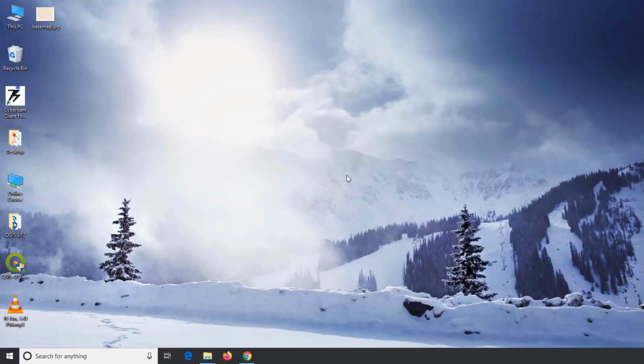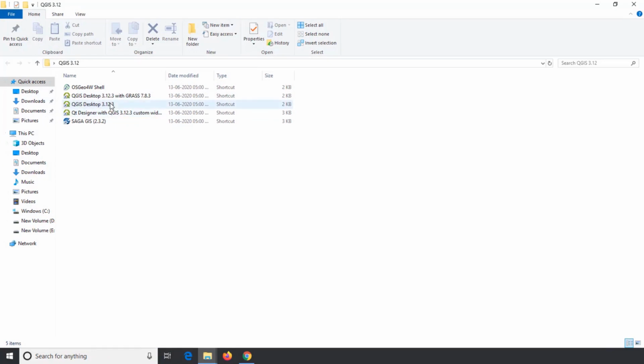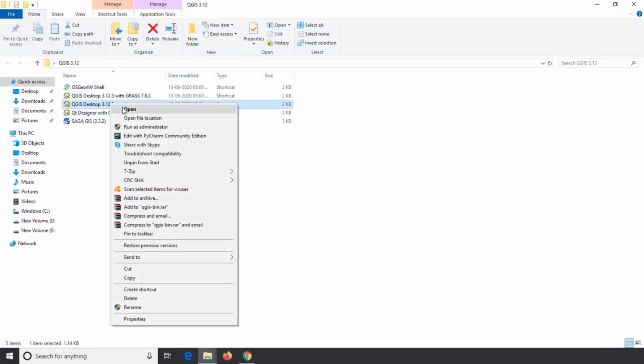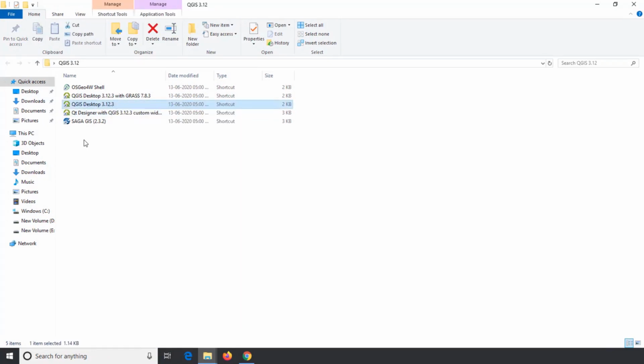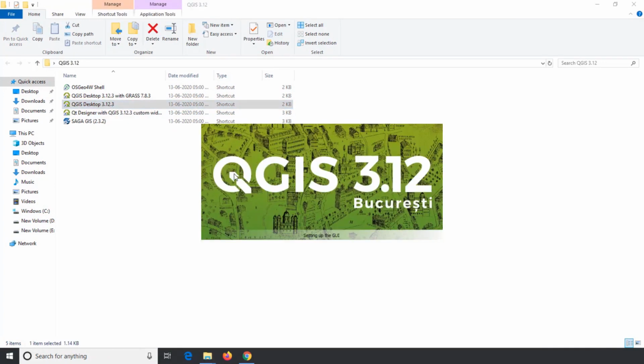In this video, we are going to learn how to open the downloaded data in QGIS and how to visualize it. To perform this activity, I first open the QGIS desktop shortcut, which was created at the time of installation on my desktop, or I can open it from the Start Program of my computer. I double click on the shortcut to open it. As I said earlier, it may take a few seconds or minutes to open, so we will wait till it opens.